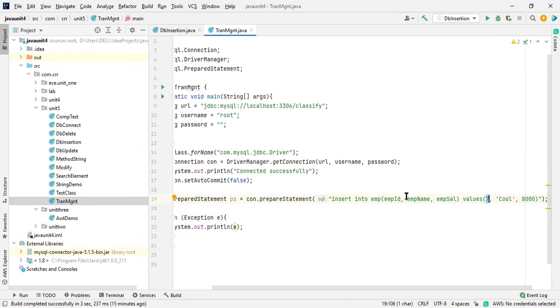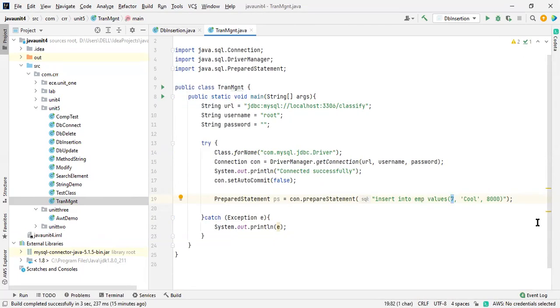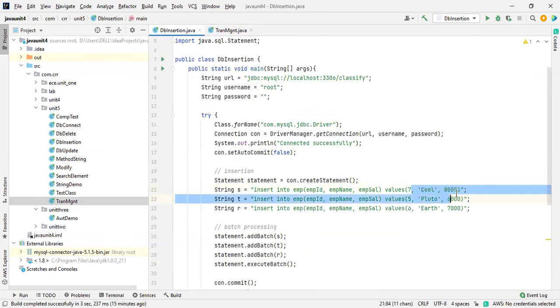What I need to do here, I want to remove this. So here I want to take a question mark, and this is also a question mark, and this is also a question mark. So what is the use of this? Why are we going to use this one? Because I want to add the data dynamically. I don't want to write such data directly. These are hard-coded values. Hard coding is not allowed in organizations. You should not do it like this. At real time, you have to pass the data, I mean at the dynamic state.